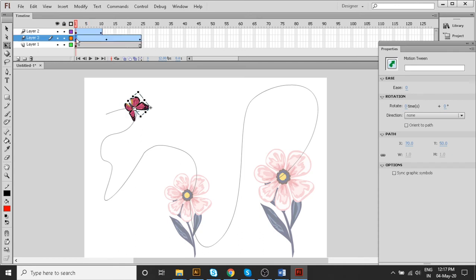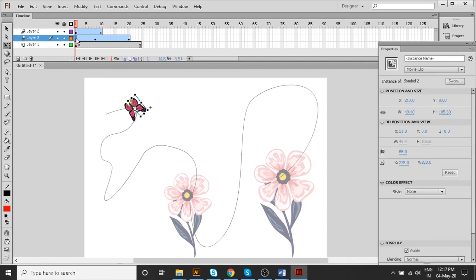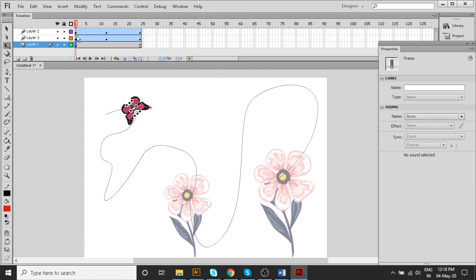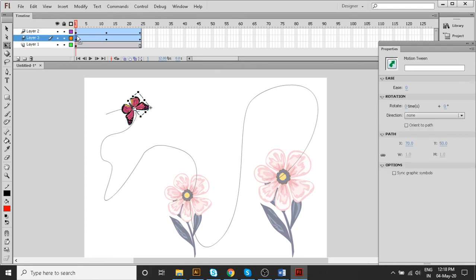Press the Control button and Shift F5. I'll show you again how to do that. Control Z I am using here. So I want to remove a little bit of frames, so it will work fast, using Control and Shift F5.